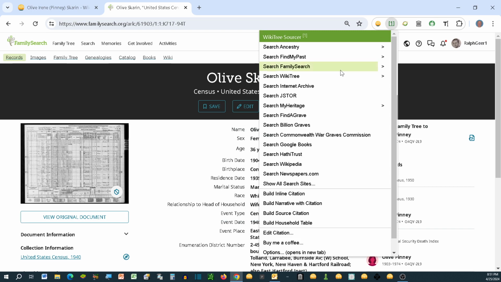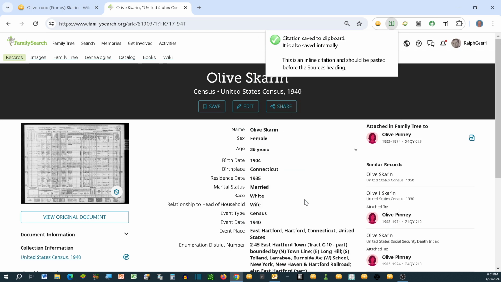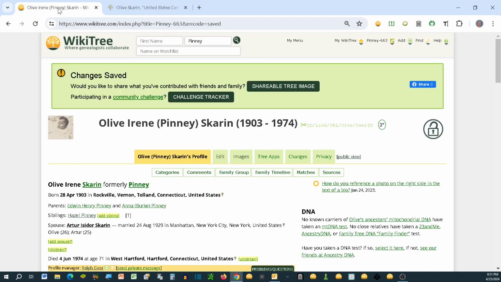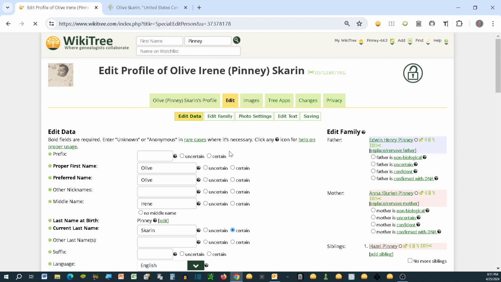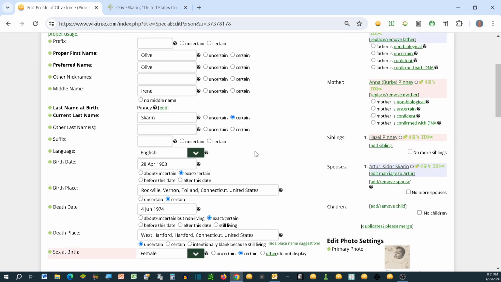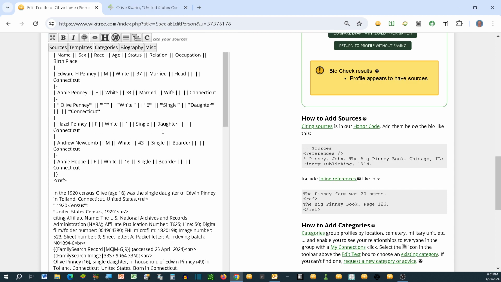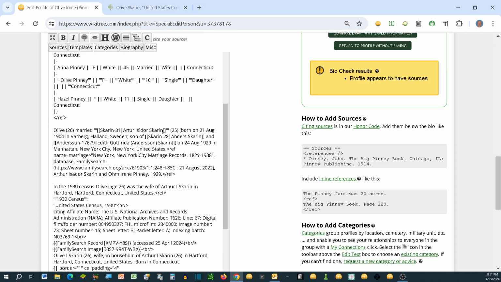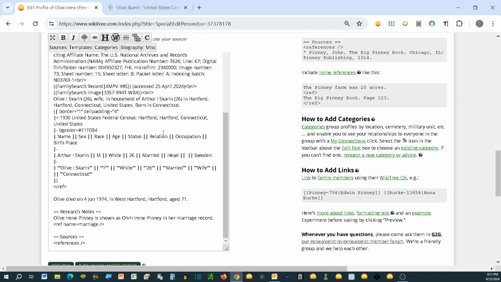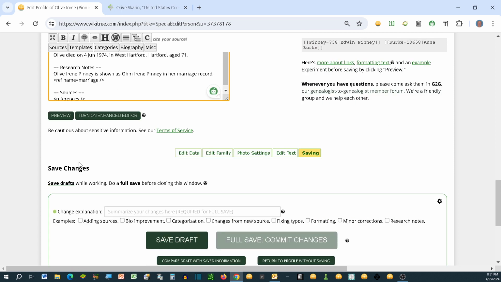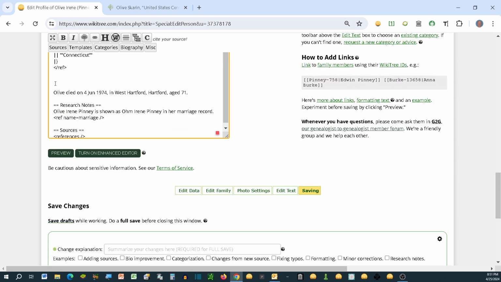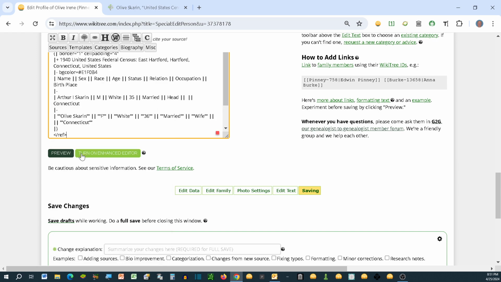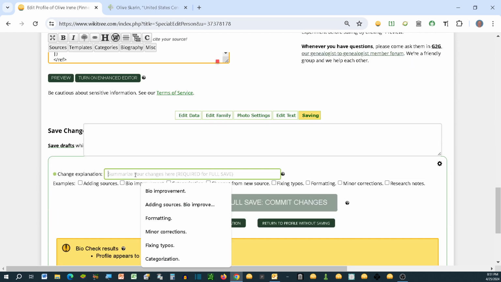go to Sourcer, go down to build narrative with citation, click on profile, edit. Say this is 1940, so it's after 1930, and it's before she died, so hit the enter key twice, right click, paste, go down and say added